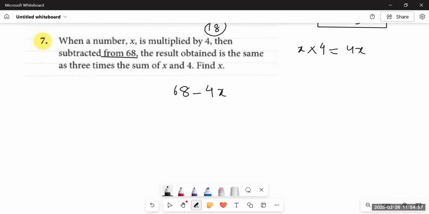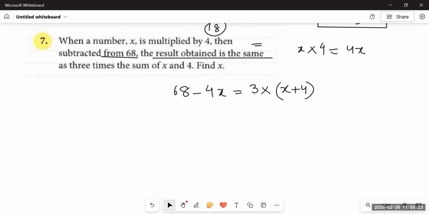The result, that is whatever the answer comes over here, is the same. The result obtained is the same means it is equal to 3 times, means 3 multiplied by the sum of x and 4. In this case, I have to write it down over here. 3 times the sum of x and 4 means